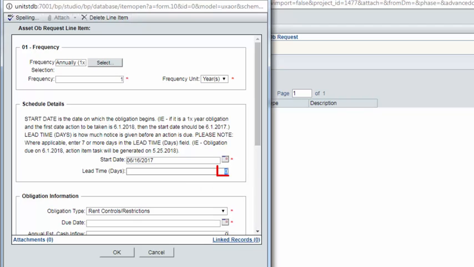Then you can provide your lead time days. Generally, you'll probably enter 30 here. This represents how far in advance the assignee will be notified about the action task that requires completion. Generally, you would select 30. We'll scroll down,